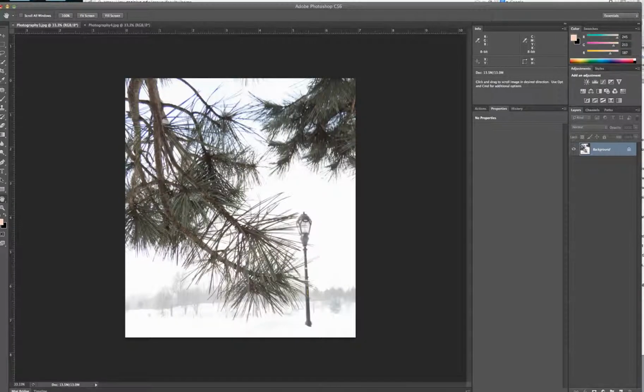And next up in my group of critiques, I have Anna's images. So Anna has taken the pine tree and put it in the foreground, and the light post and the trees in the background. I think the soft light that is going on in this image is very representative of winters here in Buffalo, and for me this very much conveys that look and feel of what's going on in Buffalo. The one thing that I think you could do a little bit better job of here